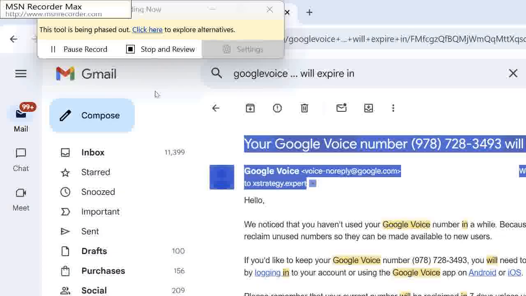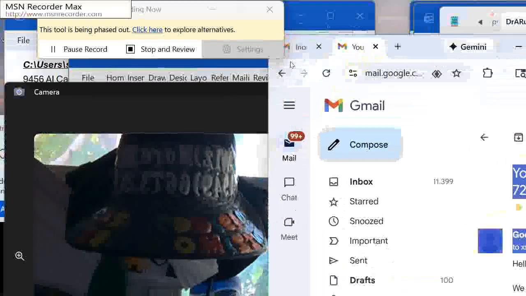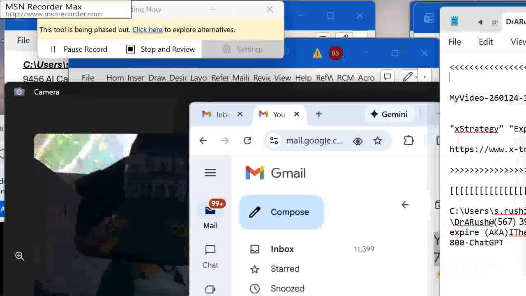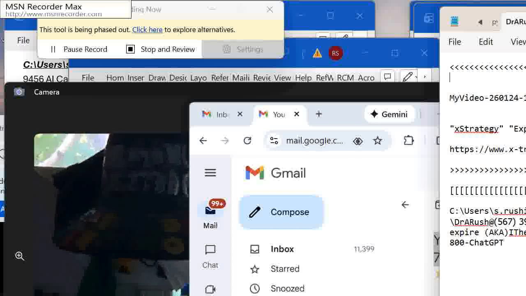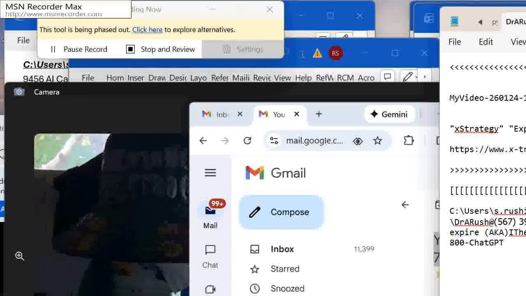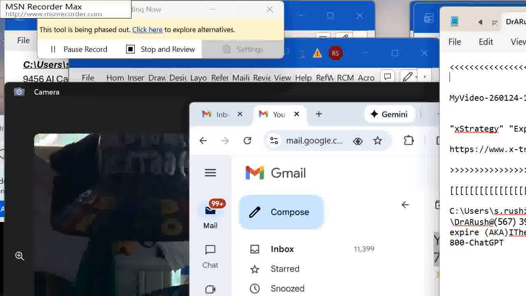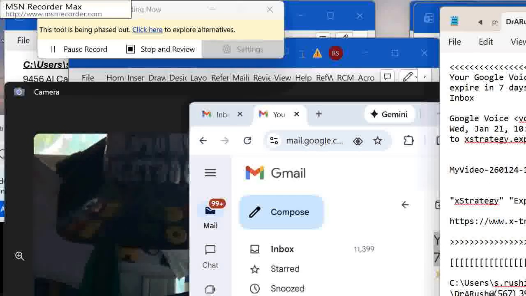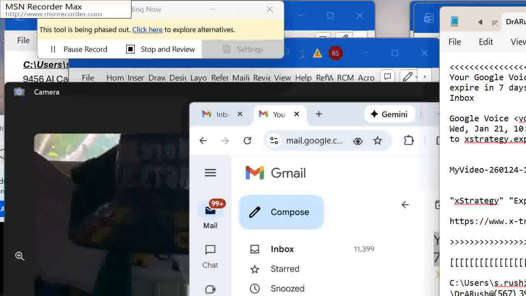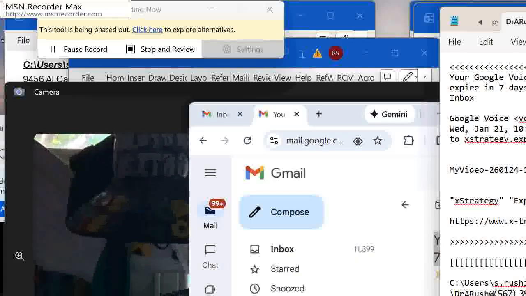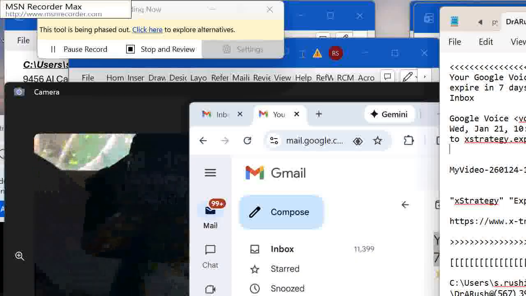I mark it with the cursor first, then I press Control-C to copy to the clipboard buffer. Then I'm going to go back to my notepad and paste it at the top of the segregated area. The top is segregated with a less than sign, and the bottom is segregated with a greater than sign. And now that I have pasted in this message that I got from Google, I'm going to make an outbound